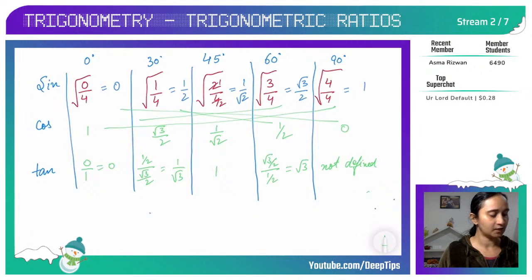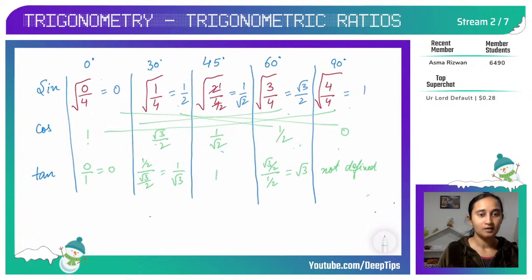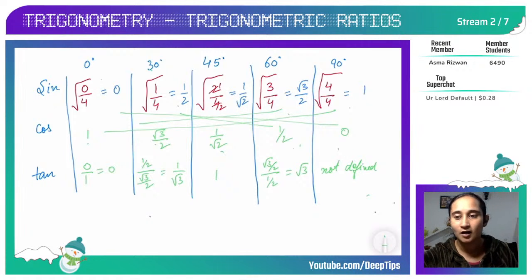What you got for sine 90, you wrote for cos 0. What you got for 60, you wrote for cos 30. And 45 stays the same, and the complement of 30 is 60, so that's why you wrote 1 by 2 here, and the complement of 0 is 90. As I am telling you again and again, cosine means complementary of sine, and tan is sine by cos. So this is how you learn the basic trigonometric table of 0 to 90 of those important ratios. And if you have to write cosecant, secant and cotangent, you can just do the reciprocal. So this is all about the trigonometric ratio table.